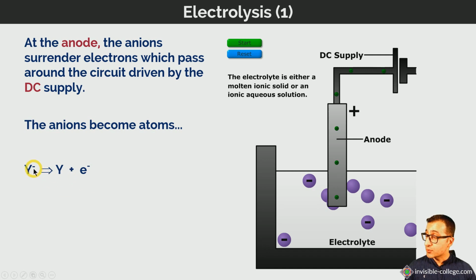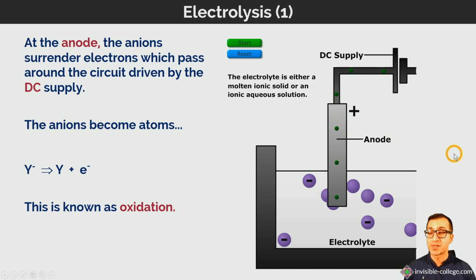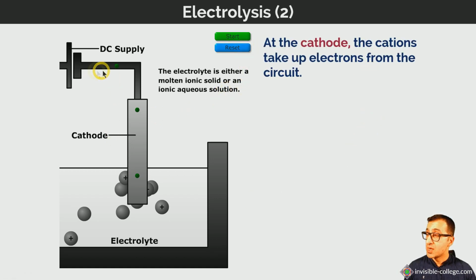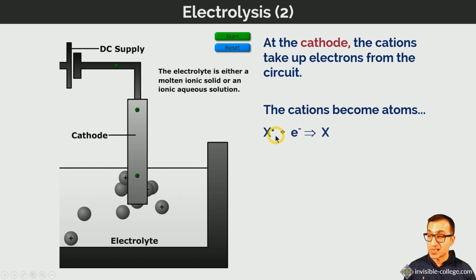So here we can see that electrons are being removed from the anions, and so we can say that this is an oxidation reaction. So at the anode, at the positive electrode, oxidation takes place. Now in contrast, at the cathode, at the negative electrode, the cations, the positively charged ions, will have electrons added to them. So if they start off positively charged, let's call them X+,